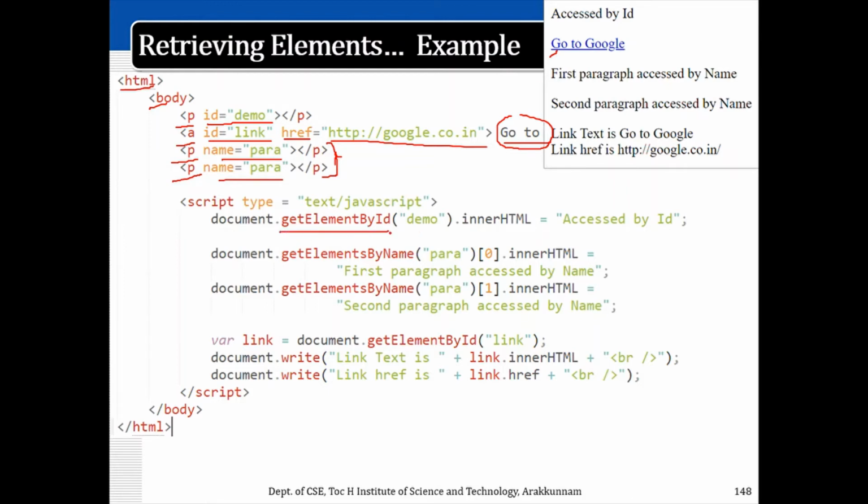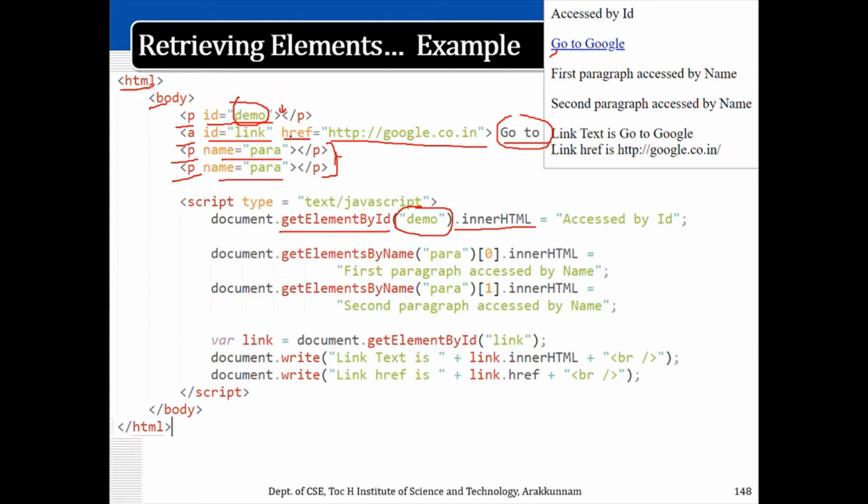The first one is getElementById. Here I have defined the ID demo for a paragraph element, so demo is used for retrieving. Here you can see that I haven't given any content inside this paragraph; that is, innerHTML is not defined at all. So I am going to give some value in that paragraph element. Dot innerHTML is a property which helps you to get and set. Previously I have said the properties can be used to get as well as set values. We can retrieve the values and also set the values. Here I am going to set the value: getElementById demo dot innerHTML.